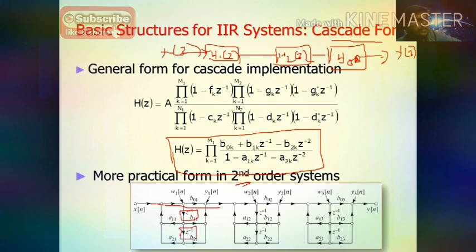Okay. So first, left hand side, right hand side, you have to consider the numerator system. That is here, the numerator system consists of b0. So I put here b0, then b11, then b21. So for the second order, I write here k varies between 1 to 2. K equal to 2 means you expand this expansion, you can get like this: b01, b11, b21.